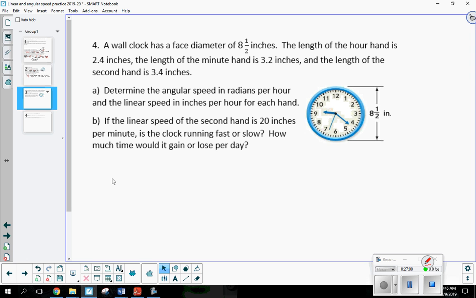Okay, let's see, where were we? So A, determine the angular speed in radians per hour and the linear speed in inches per hour for each hand. We got 3 hands, so I'm going to have to do both operations for each of them. A is a pretty large problem by itself, and then I said B was a really good challenge problem if anybody was interested. If you do calculate that and you want to come show it to me, I can let you know if you're right or wrong. And at some point, like I said, I'll post the answers so you can see how I got it. So let's go ahead and say we start with the hour hand. It's the first one listed.